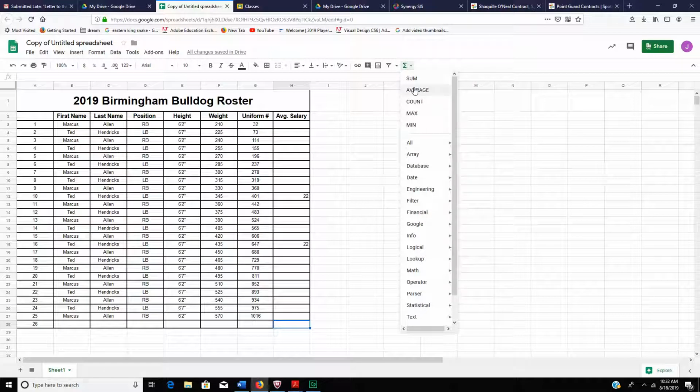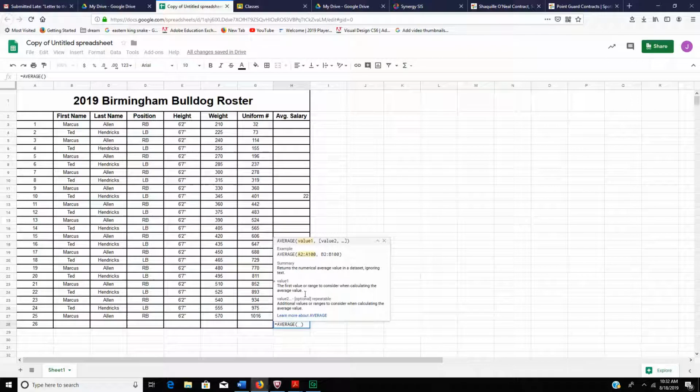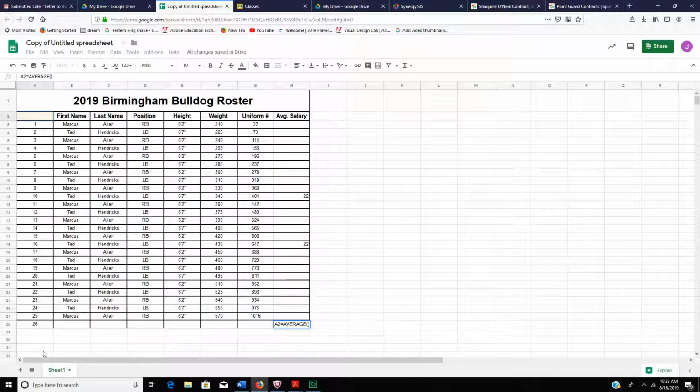And we're going to do an average of all our players. You can see it gives you an example here. An average should be, this is called a range. They're saying, well, you can do a range like A2 to A100. So cells A2 to A all the way down to 100 way down there is going to give you the average. No, we don't want that. What we want is,